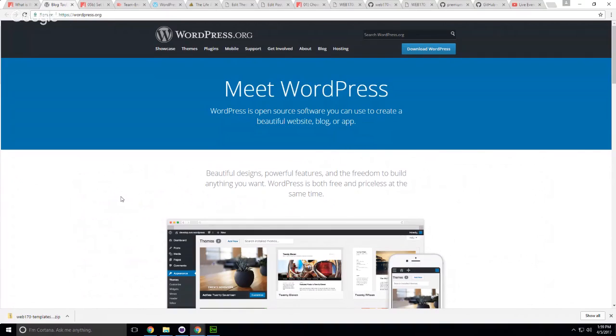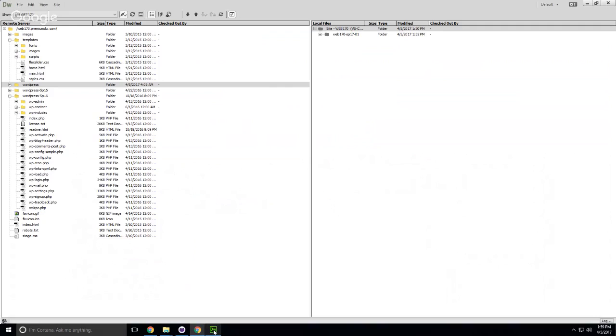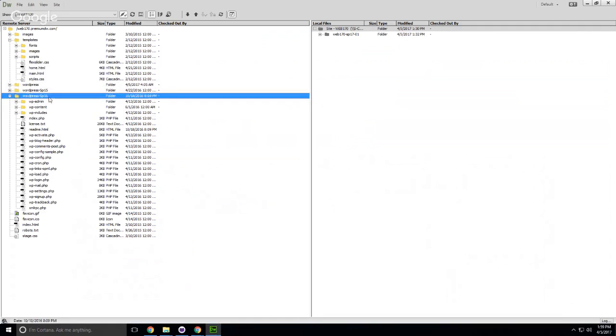So you can then host WordPress on your own servers. Meaning, if I download WordPress, which I'm not going to do now, we'll do it all together later on. If I download WordPress and I put it in a folder on my server,